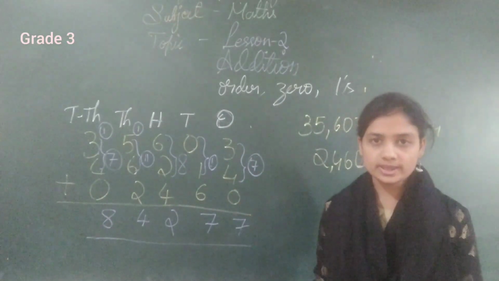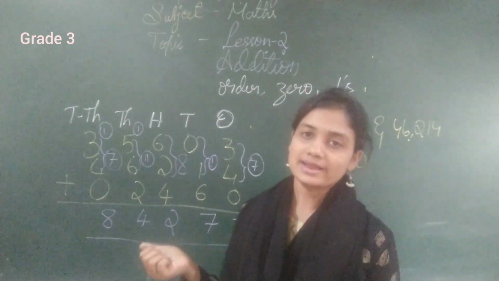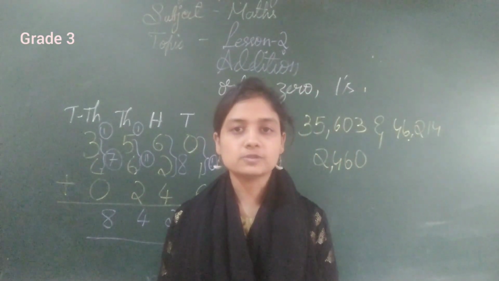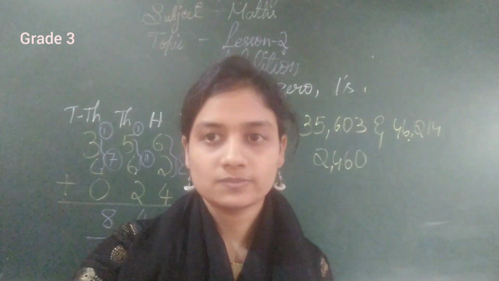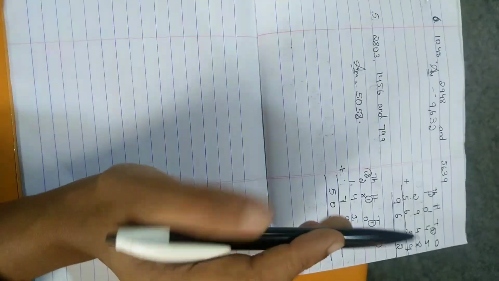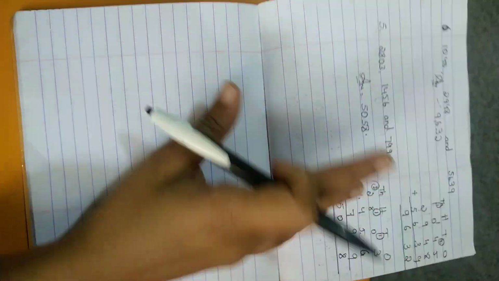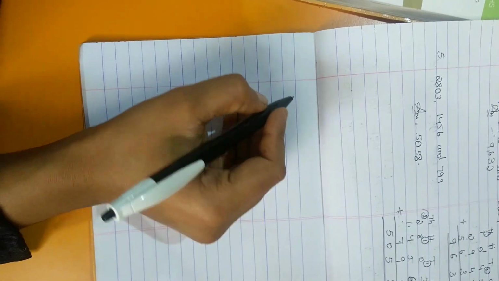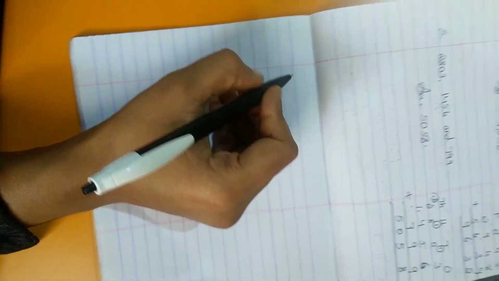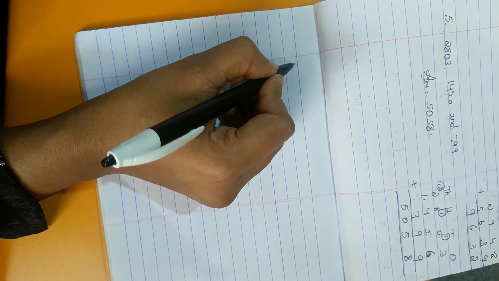Same thing we will be doing in our classwork part also, and you will get practice. So let's start our classwork part. Open your classwork, textbook and all your geometrical materials you need. Going forward for the classwork part, we finished lesson number 2, the first exercise in the last class. Today we will go in for the next exercise. Before going for the exercise, we have to write the properties of addition. So all of you go to a new fresh page and write properties of addition in the first line.